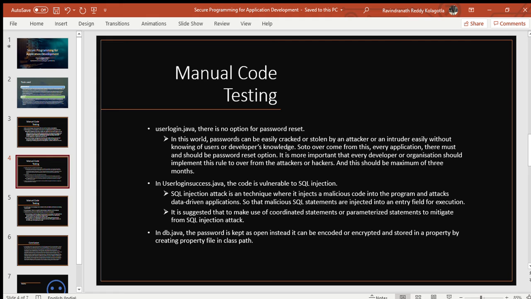So coming to the next, in UserLogin.java, I found that there is no password reset. If there is no password reset, then even the developer cannot change or reset his own password. In that case, what will happen? The attacker can easily come to know his password, which cannot be reset, or